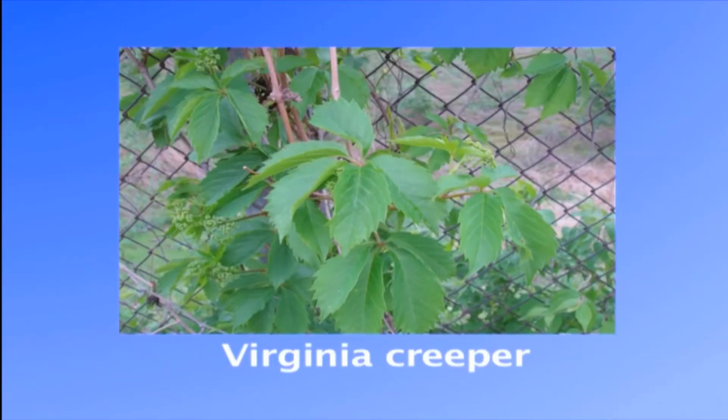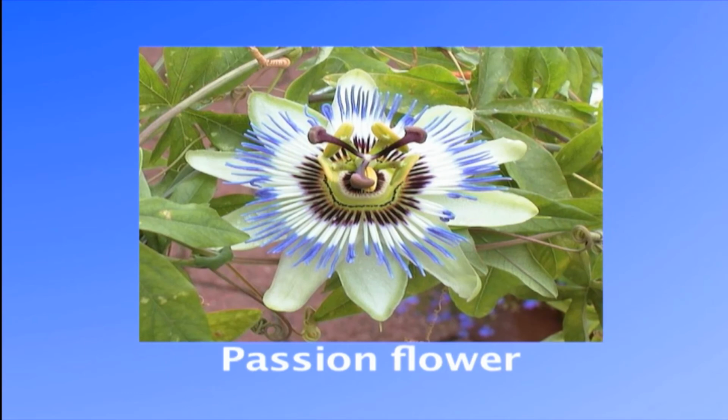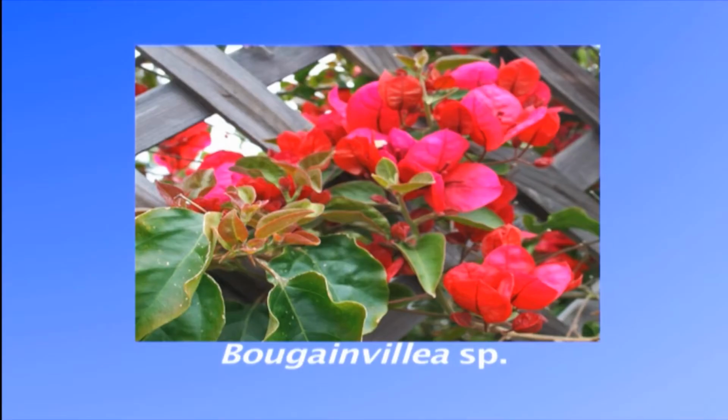The second type of lianas are the tendril climbers. They usually spread by means of modified stems, leaves or leaflets called tendrils, which form spring-like coils around the support. Examples are Virginia creeper and passion flower. The third type of the lianas are the scramblers. These plants usually bear hooks and prickles which curve downwards, thus helping them to attach to the support. The best examples are Bougainvillea and Rosa.